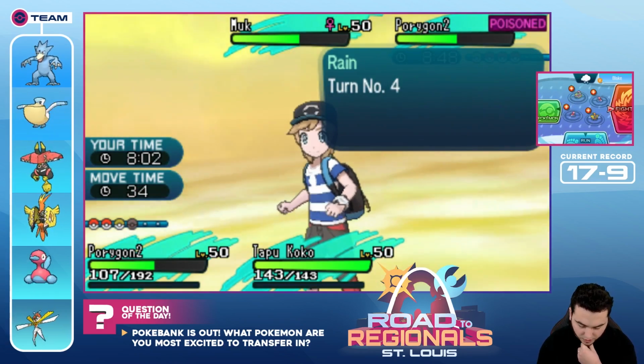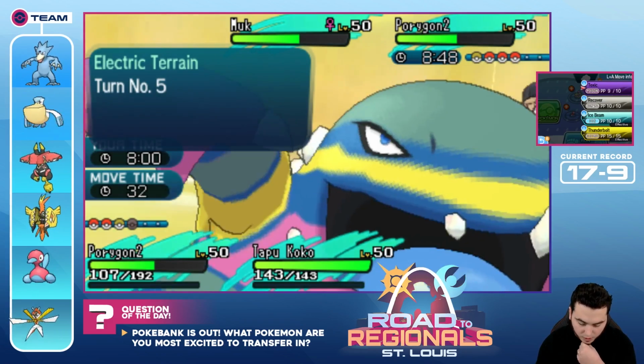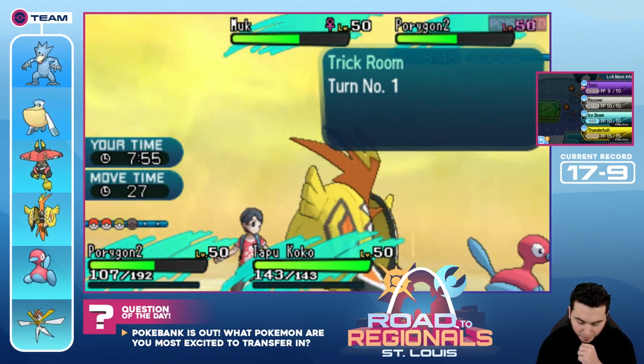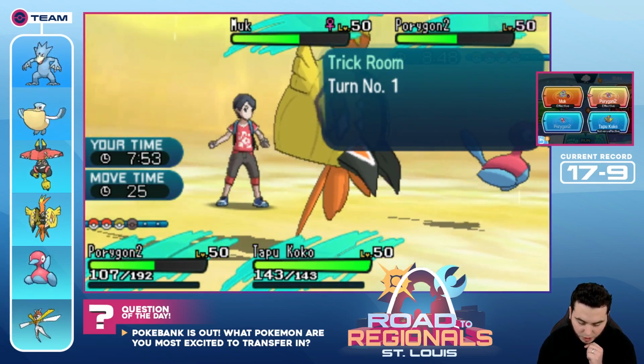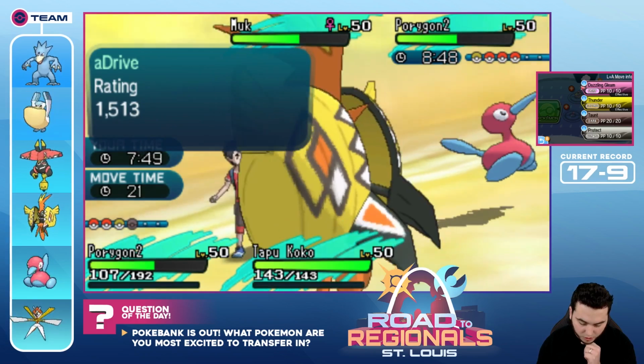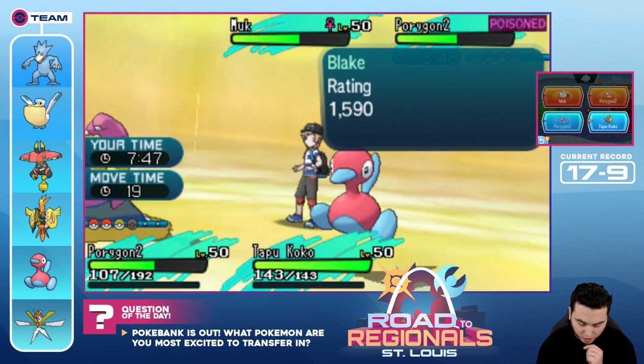Yeah, I got 4 turns of Rain left, so we have plenty of Rain left. I kind of want to go for the T-Bolt into the Muk, but I think that's going to activate his thing. So I'm actually going to T-Bolt to the Porygon2, and I'm going to protect... I do have Taunt on Koko, so I could Taunt, but I'm going to protect Koko just to stall the